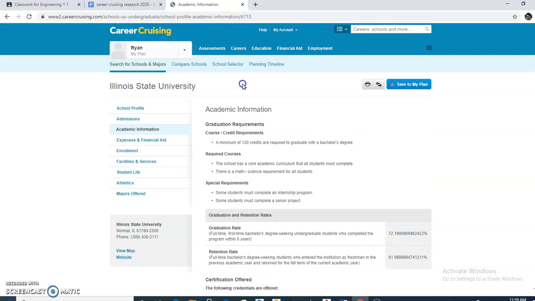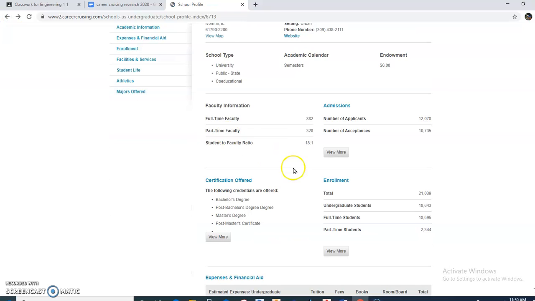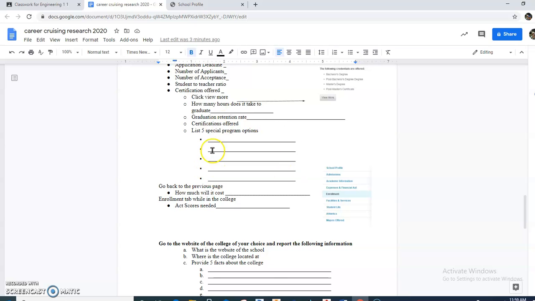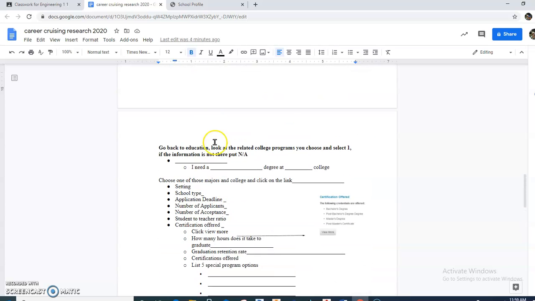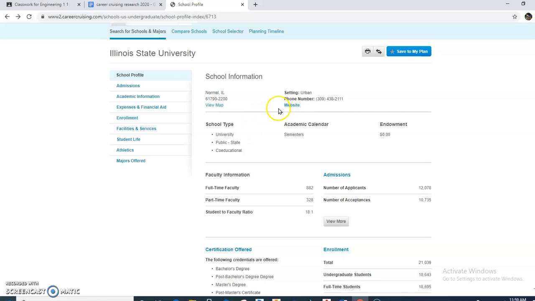A lot of times that's very, very low on average. This is really good for ISU. Another program that's fantastic. I feel like I'm selling ISU right now. But, so you're going to go through all this, okay? Here's your last step. I'm going to stick with ISU because I'm comfortable with it. So, website. I need you to go to the website,